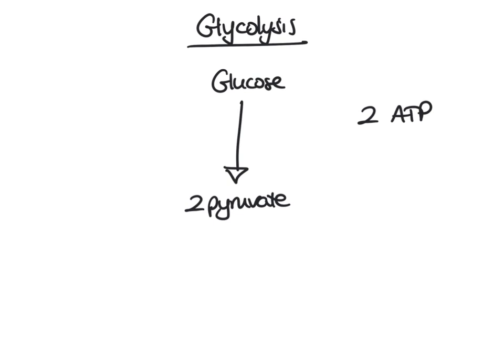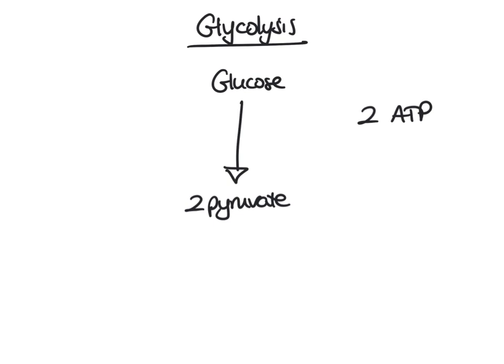There are very few organisms that only respire anaerobically. There's only a handful of bacteria that will respire anaerobically all of the time. Your muscle cells can respire anaerobically, but only for short periods of time, and only if you're sprinting, okay, just for a number of seconds, a minute or two, and not longer than that. What's the whole point of it? It only gives you 2 molecules of ATP, but that's on top of the normal aerobic respiration that's going on